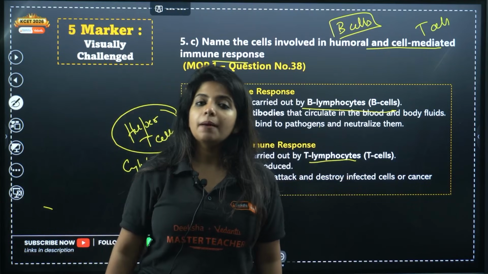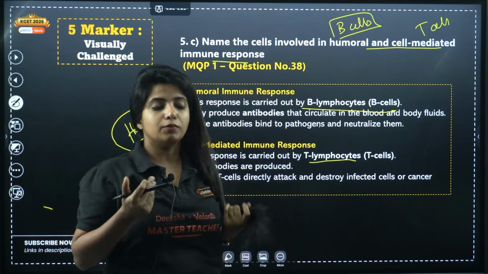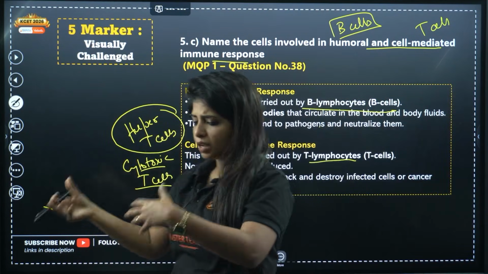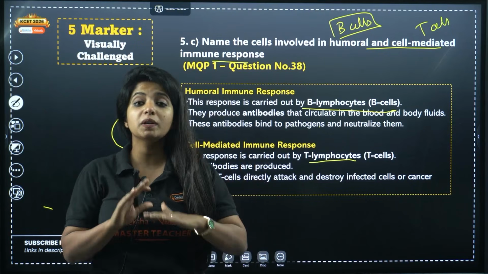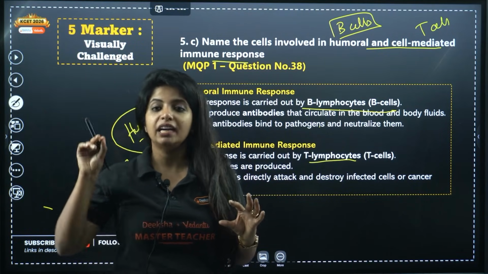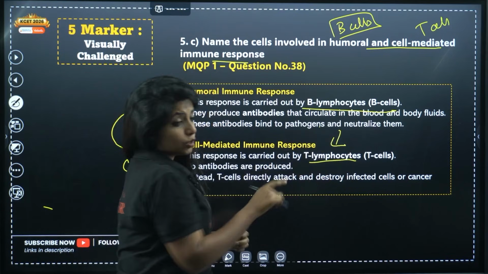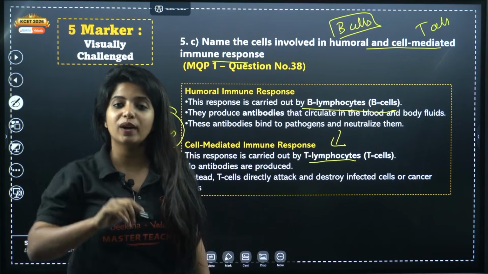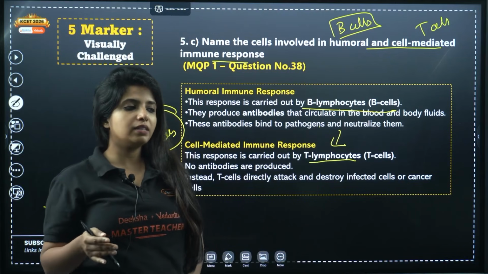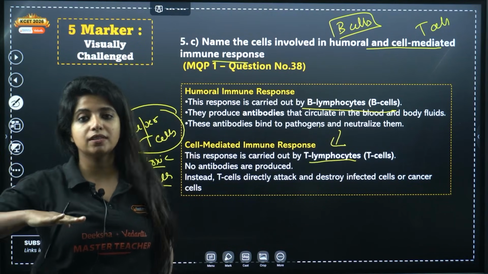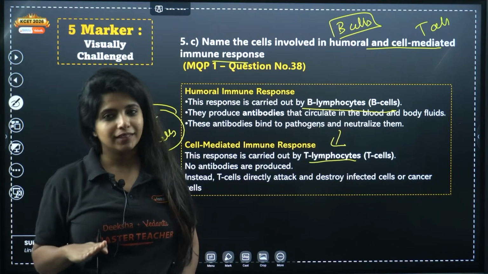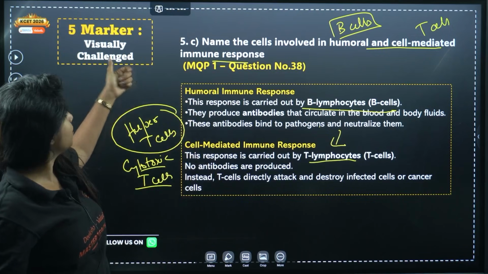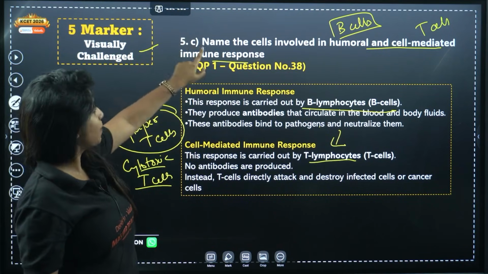Now, if at all you are asked, ma'am, there is graft rejection happening. Suppose there is organ transplantation happening, my dear children. This is known as graft. A graft is being put in your body, an organ is being put in your body. Now it is being rejected. Who is responsible for this rejection? It is usually T lymphocytes. They say that this is a foreign thing, I cannot accept it, I will try to kill those cells. So whenever we have an implantation or things like that happening, we are given immunosuppressants so that the immune system is suppressed a bit. Cool? Cool. So this question had come for visually challenged people as the C part of the 5th question.